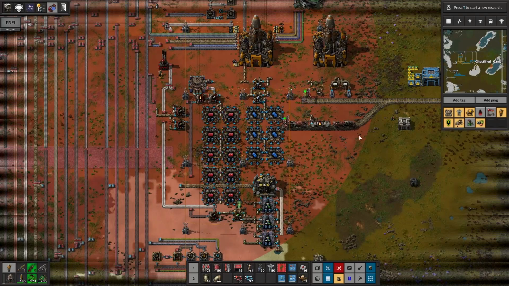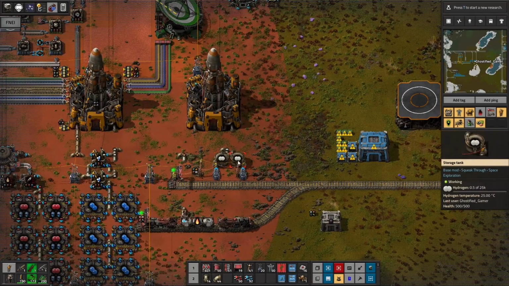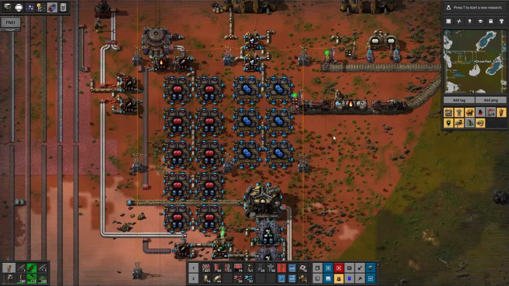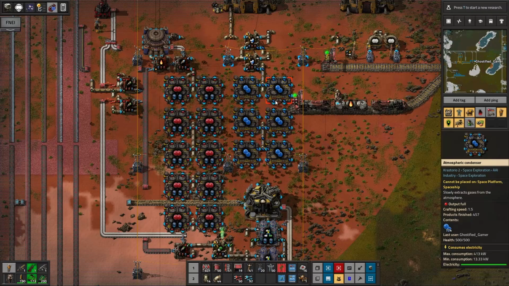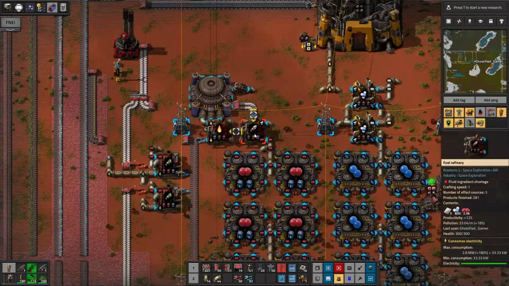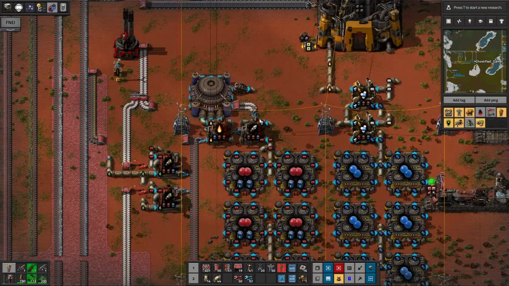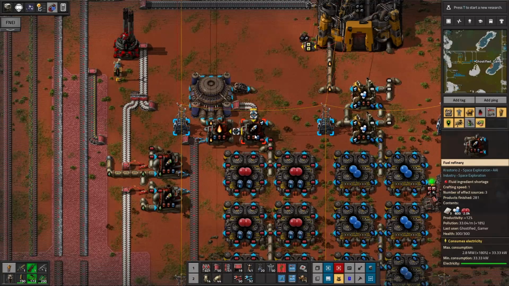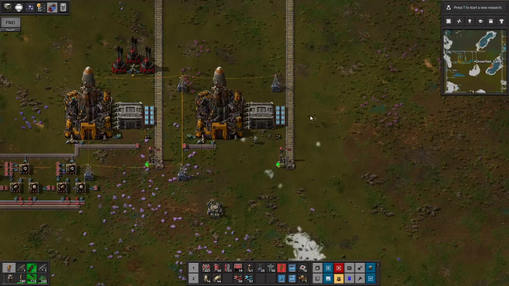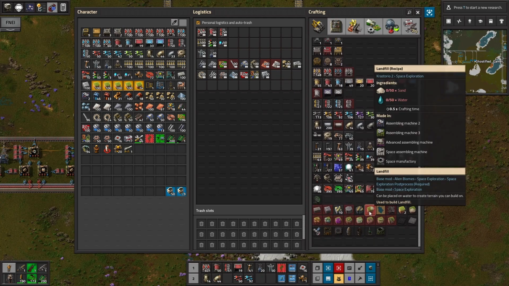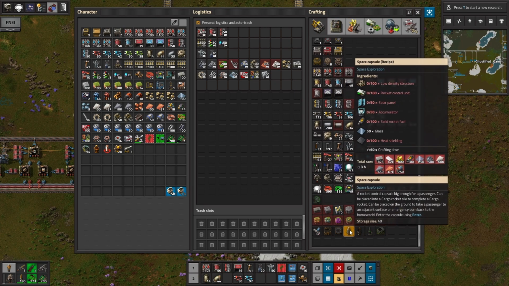So I can utilize this as well. And then I haven't tied in the hydrogen yet over on that other build there. So that'll be next. Hydrogen, nitrogen, ammonia, plus oxygen gives us the solid rocket fuel there. The other thing that I'm going to have to do is build these